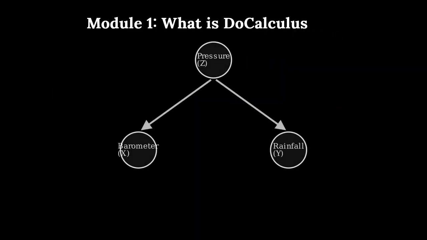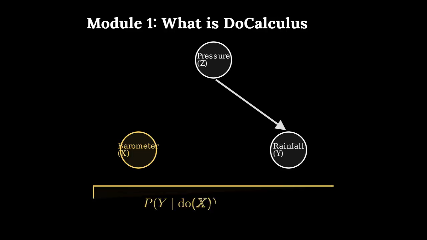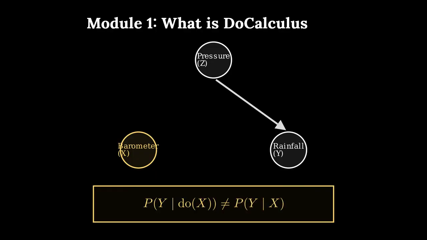Doing is fundamentally different from seeing. Standard probability only looks at data patterns, making it blind to direction. Judea Pearl created do calculus to solve this by formalizing structural modifications to our systems. When we force a variable to change via the do operator, we mathematically cut it off from its natural historical environment, destroying all incoming arrows to that node. This gives us an elegant superpower, predicting the exact results of real-world physical changes using nothing but non-invasive, passive observational